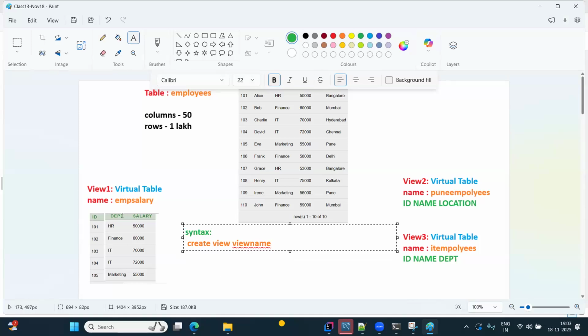Now forget about views. I need only three columns from this table. Tell me the select query to print only three columns. Select ID, department, salary. You should say select column list. And then